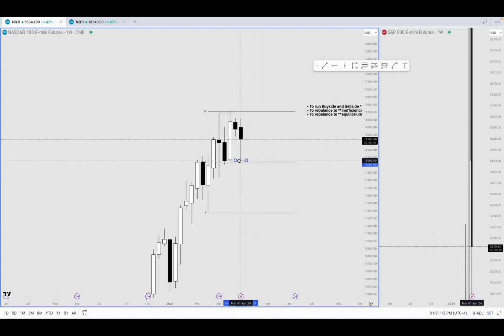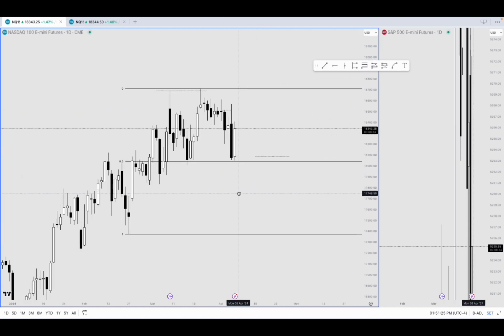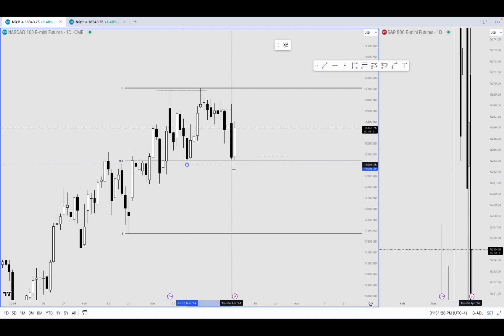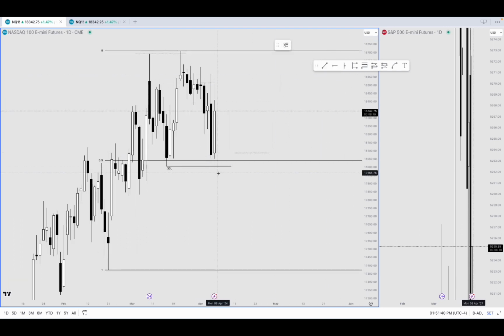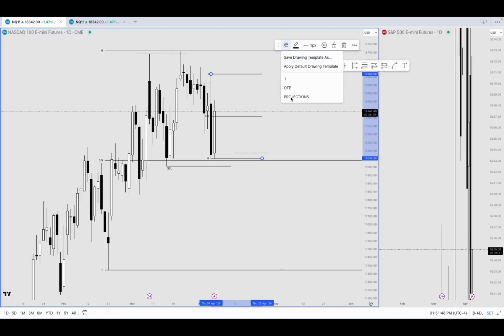And during the day, at 8 a.m., this candle was all the way down here, so we had massive displacement. So I was like, okay, we'll definitely go into this equilibrium then. If you look at the daily, we had the sell side here. You could also say it's equal lows, this one and this one. So I was like, okay, we'll definitely take this then. So my plan was, I wanted price to take this sell side and then come back up to this OTE on this daily candle, which is here.